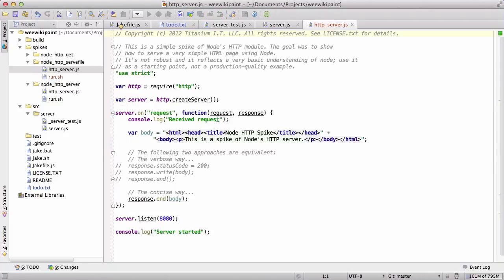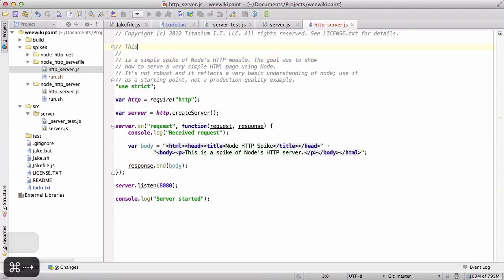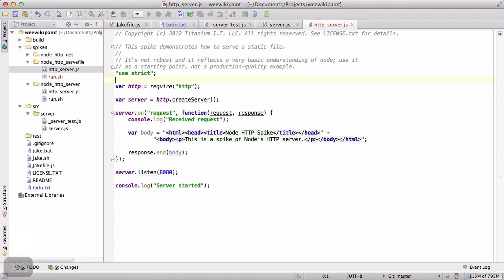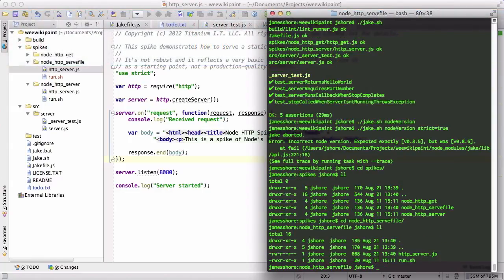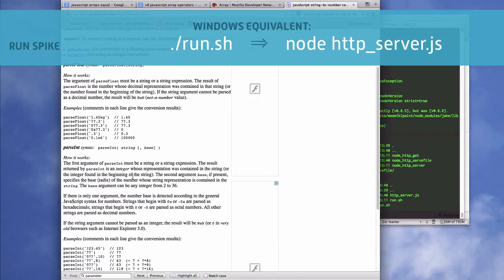Okay, so again, a spike is just a little bit of code to prove that we know how to do something. And what we want to do here, this spike demonstrates how to serve a static file. So that's where we're going to start. Let's go into our spikes directory. If we run this, yeah, our server starts, and then we can go to